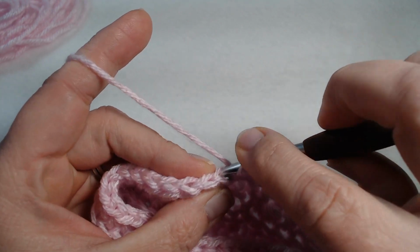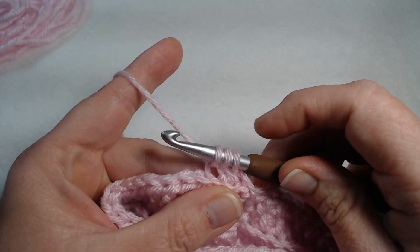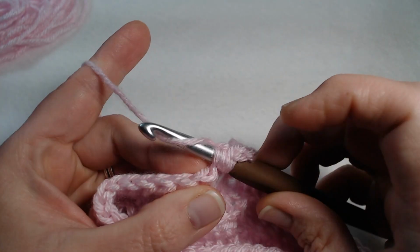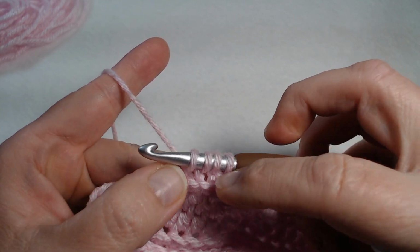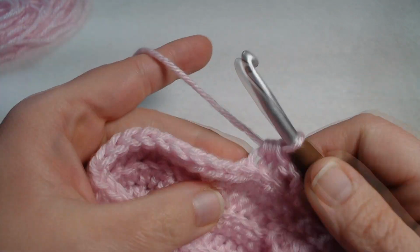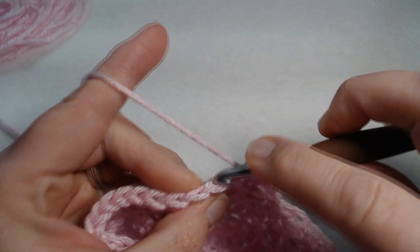The way you do that is you go underneath that back leg and bring it up like you were going to make a half double, but instead of finishing those 3 loops, you're going to come over here into the next one, and you're going to yarn over and pull the yarn through till you have 4. Now you've just pushed these 2 stitches together, and go ahead and finish by pulling through all 4 loops on the hook, and then we're going to make 2 half double crochets in a row,